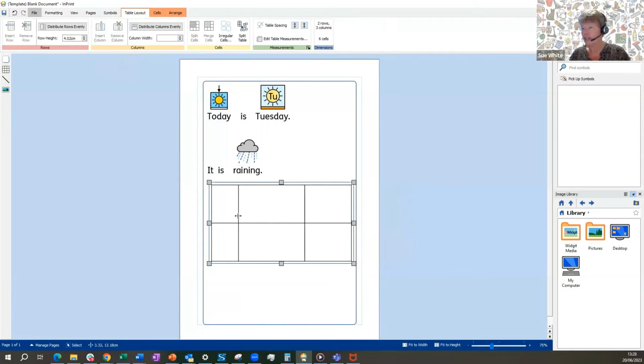I can change the size of the rows and columns to give different widths. I can merge cells together so that you've got a lot of flexibility in terms of the way that you create resources. If I were to type in here now,